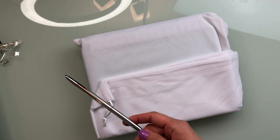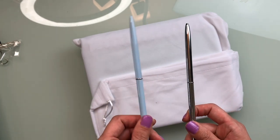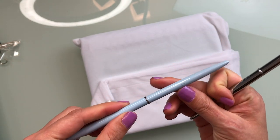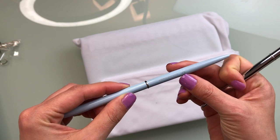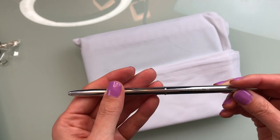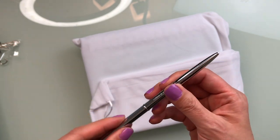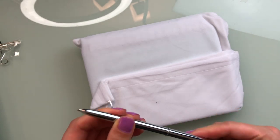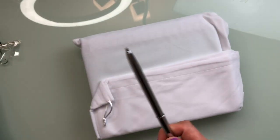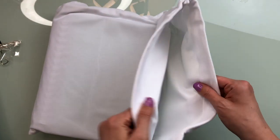I don't remember where I put that. So over here you can see that one was blue. This one's silver. They both have a nice sort of finish to them. Oh, I didn't even notice that. It has the expand your mind and then the little happiness logo. And this one over here, same thing. Oh, it says believe in yourself, and it has the happiness logo over here. Again, another ballpoint pen, which makes sense because we have magazine paper, so magazine paper does work best with a ballpoint pen. So the planner comes in this really nice